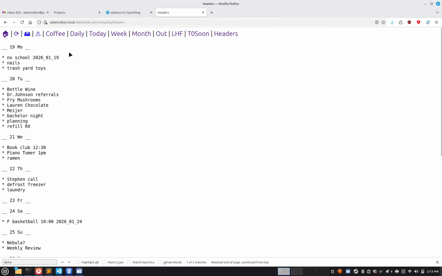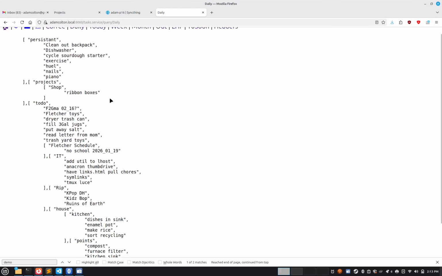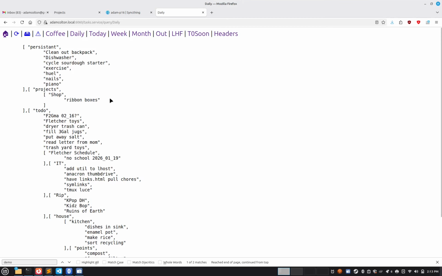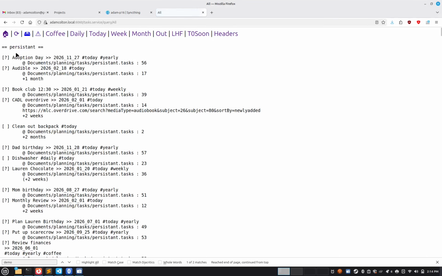This is my headers view, so this shows me things that are upcoming. Similarly, this is my daily view, and it's in JSON because I have another tool that I can just copy and paste this into. And then I'll show you, this is the view that I actually started with. I didn't add the HTML view until very recently, 2 or 3 days ago. Initially, I was just doing very plain text rendering that actually matched the format that it reads from. And that really helped with the early development so that I could move quickly